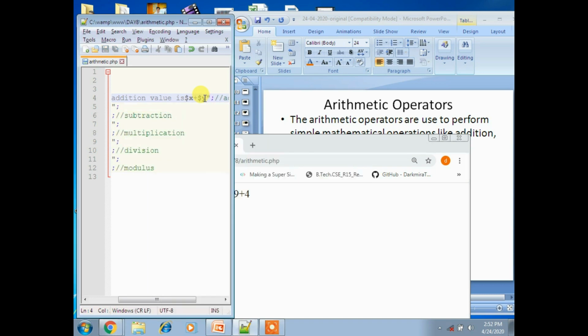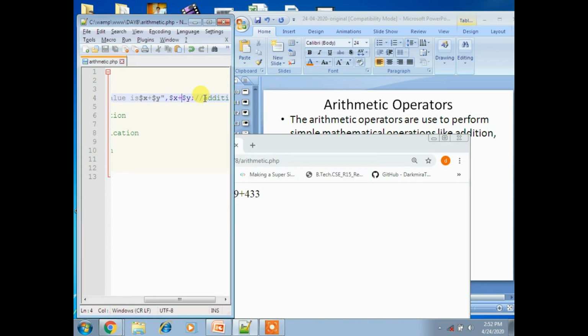Now the value is displaying 29 plus 4. You can use a comma operator and then use $x plus $y.